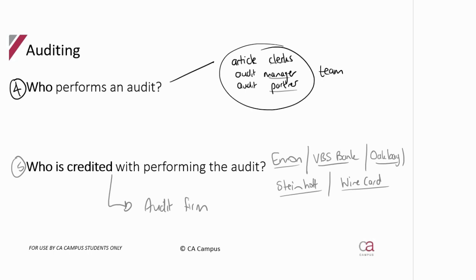So what are we saying here? Well, we've got a standard that tells us how to go about doing the work for my clerks and my managers and my partners. But at the end of the day, a firm gets credited with the work. And if that work is insufficient or not relevant, so it's not appropriate, the firm gets the rap for the incorrect opinion. So why is that important?